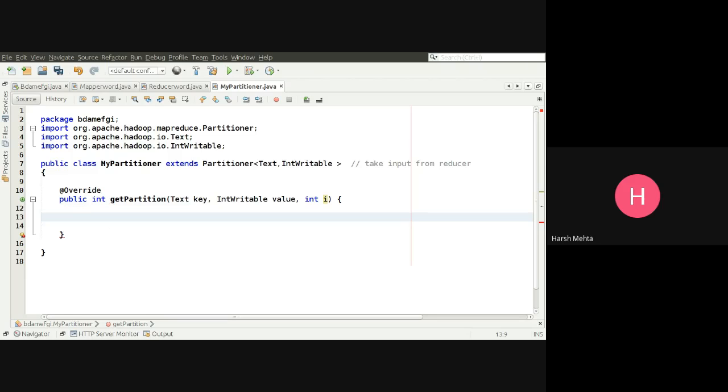First of all, my logic is based on the key. I'm going to divide, so String s is equal to key.